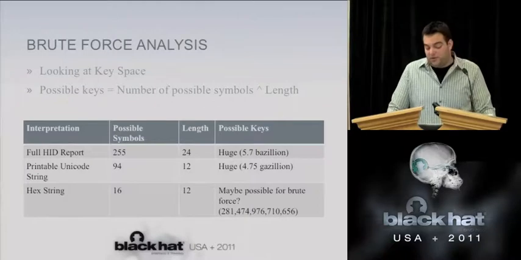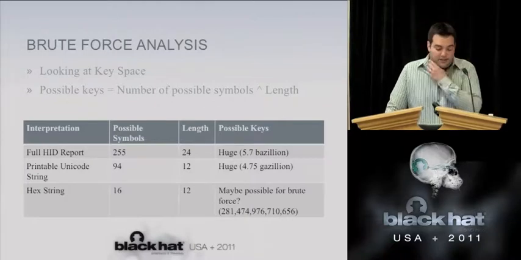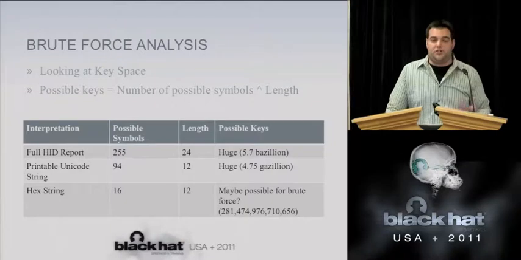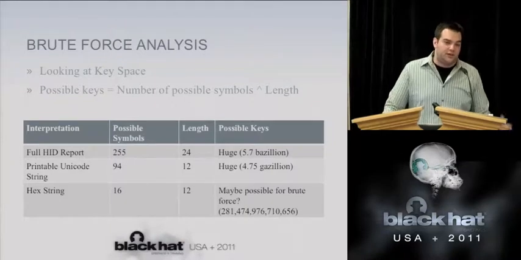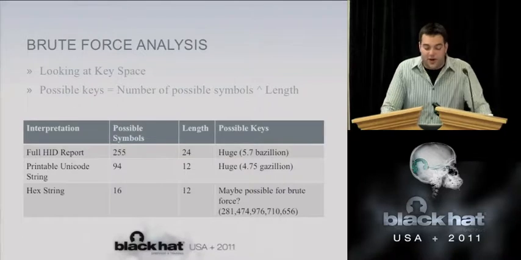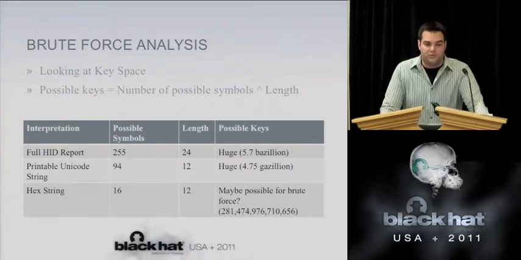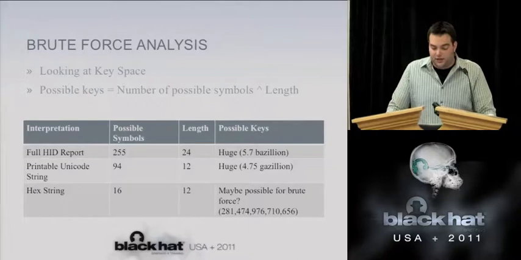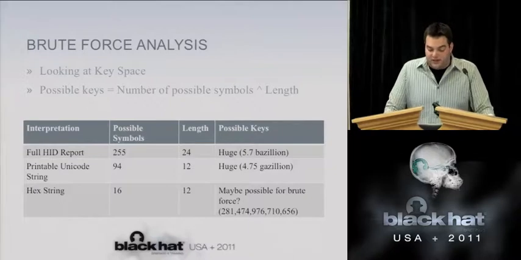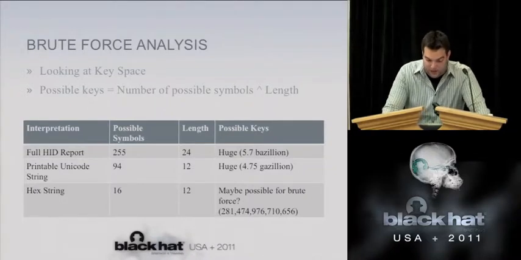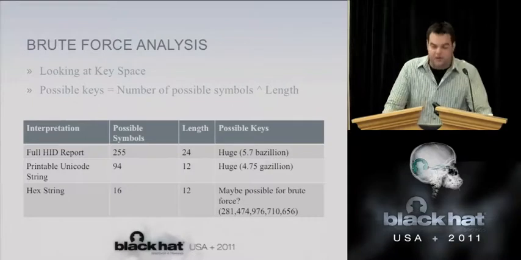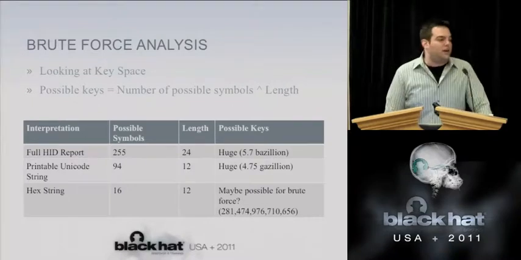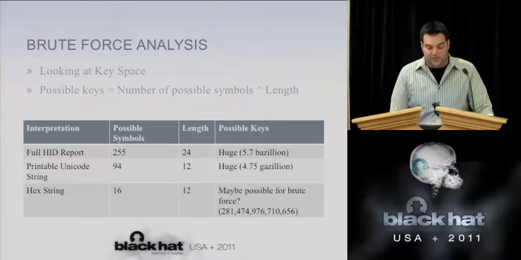But then we can remember, looking back at all of the samples, it's not any Unicode string. It's a Unicode representation of a hex string. So now we know we have 16 possible symbols in a hex character, and we have 12 of them. So now we're somewhere around 281 trillion, which is still a lot. But then looking at the different sample sets we have,